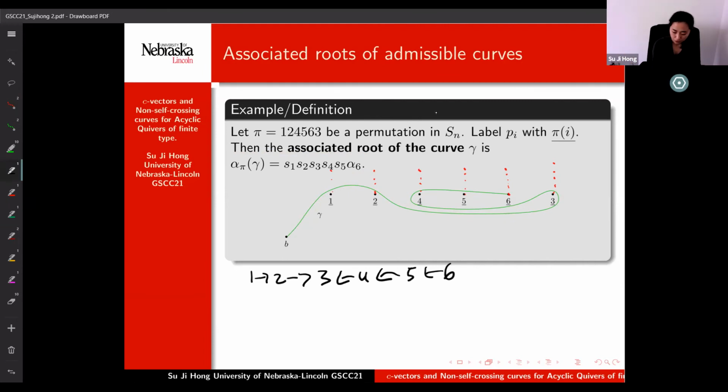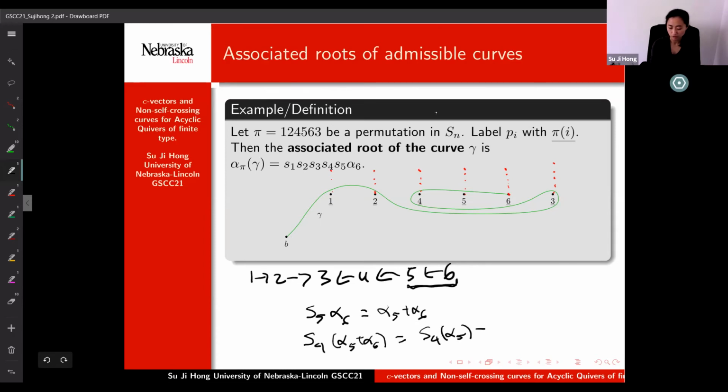And I wanted to know what the reflection of alpha 6 is over 5. Well, in here, alpha 5 and 5 and 6 are joined by an arrow. So I'm going to say that this is alpha 5 plus alpha 6. And when I take the reflection over 4, well, we can split this over summation